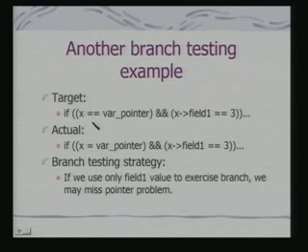Another example is this, a pointer related error. This is an assignment, and this is an equality. If you have this assignment, the entire thing will go haywire. And here also, if you simply check the final value, then both cases will give me identical results, and this whole error will remain undetected. So, these errors are very critical errors. They are really problematic. That is why branch testing becomes important.